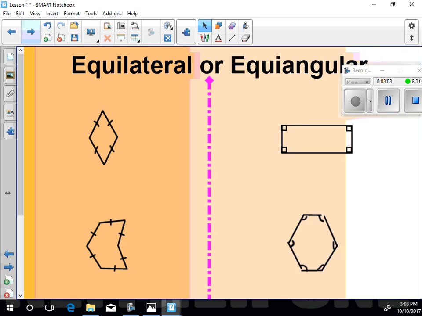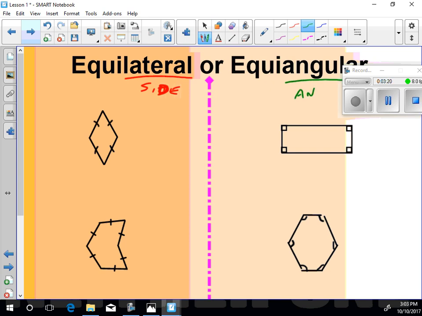Here's the difference, you guys, between equilateral and equiangular. Lateral means side. Side, I'm going to try to spell things. That's a D. Side. Equiangular means equal angles. So clearly